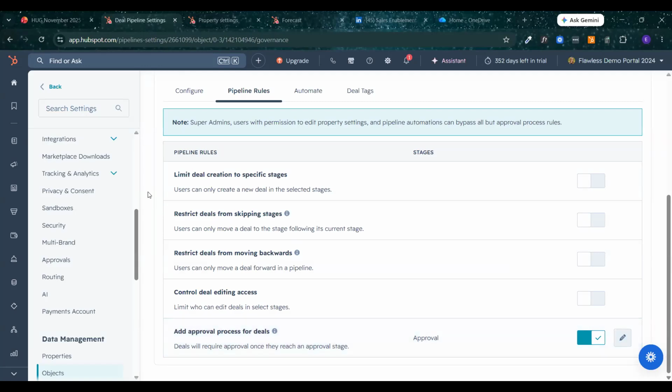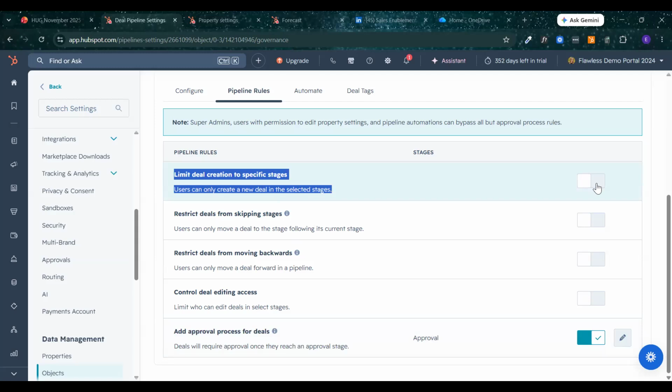We can also add a couple of other rules in here. This is totally dependent on your sales process and how you want it to work, but this is where you add other rules. This one I almost always have on if I have set up required fields throughout the pipeline, because usually I only want to allow my sales reps to create deals in the first stage.